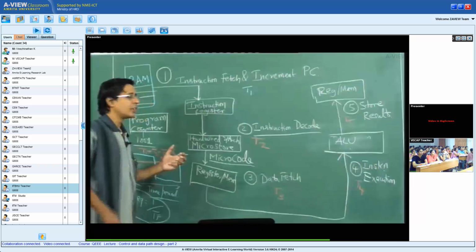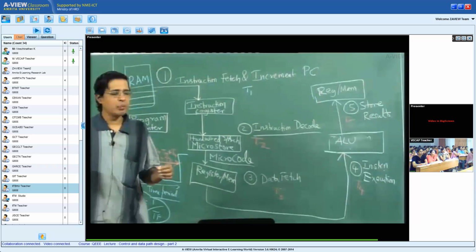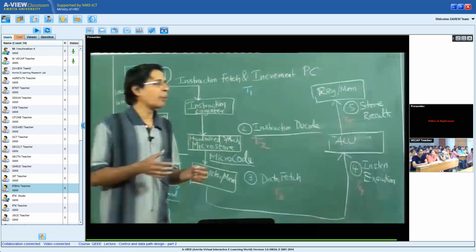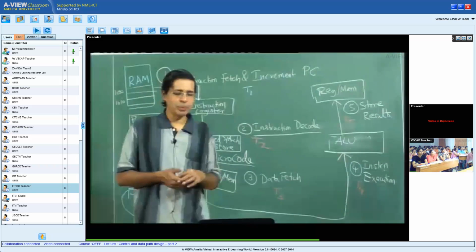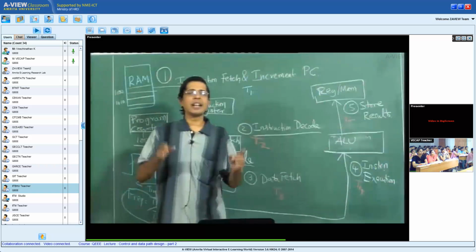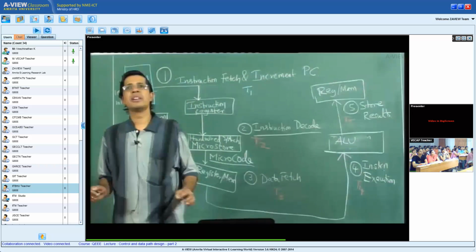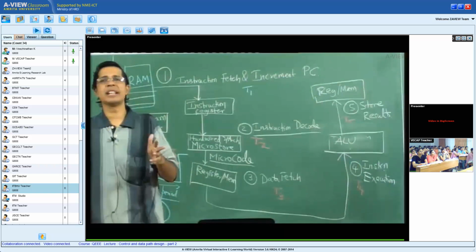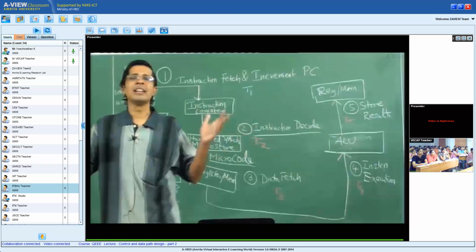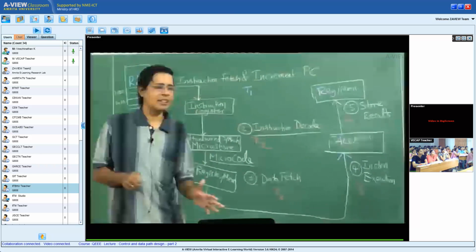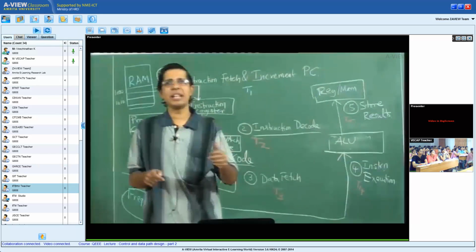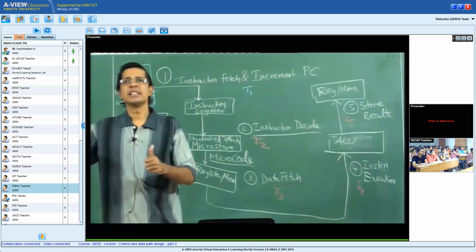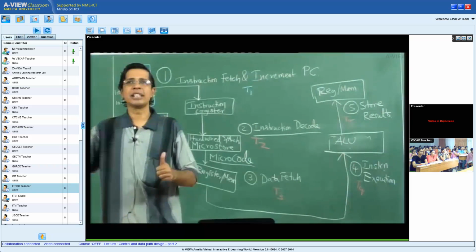The concept is driven by what we see typically in automobile factories. Suppose there is a car that needs to be made. It's not that one person will be responsible for making the body, fitting the tire, fitting the horn, fitting the electronics, etc. Let me say that there are at least 4 stages in making a car. Somebody has to assemble the body, somebody has to put the tires, somebody has to fix the electronics, and somebody has to paint it and send it back.